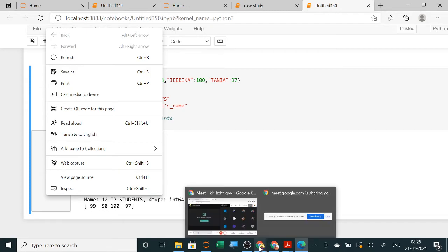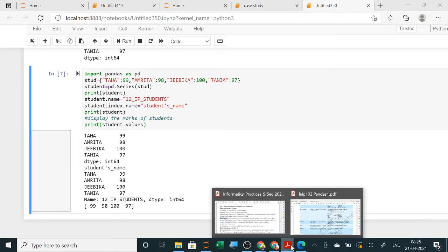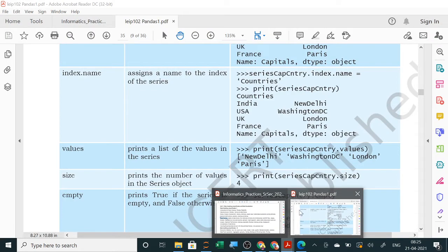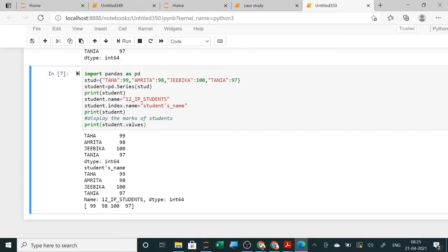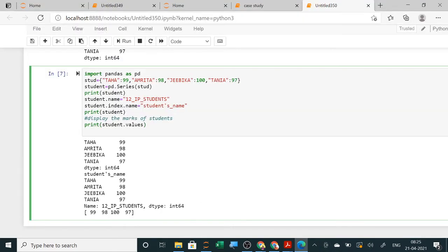Now after values, size is similar to count, so it will display 4 only, and the last one is empty. So we will run size and empty now. Here I am just printing the value of size.